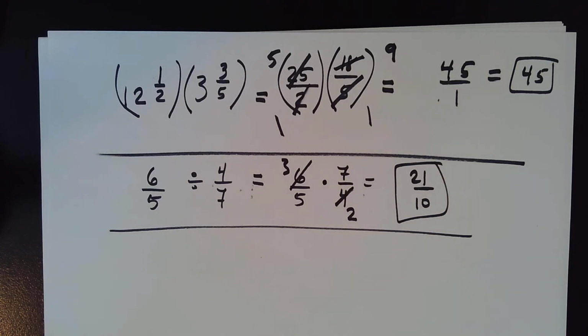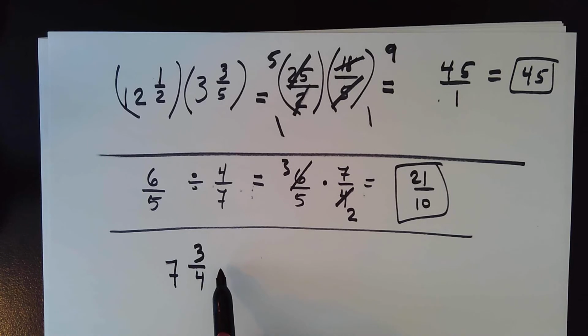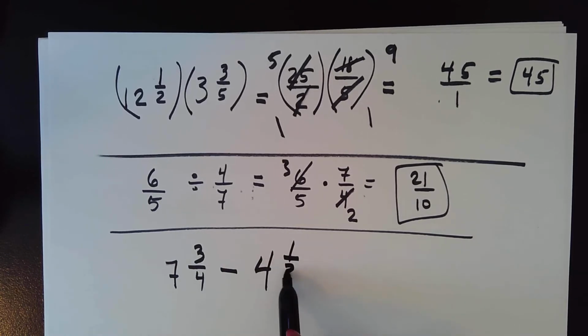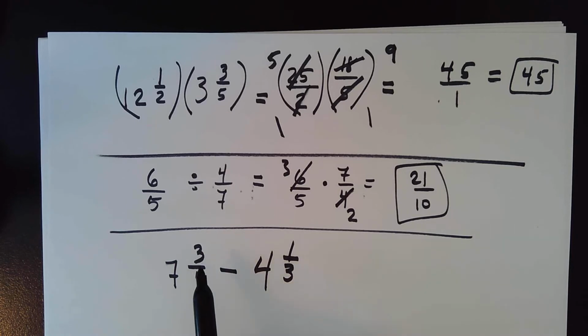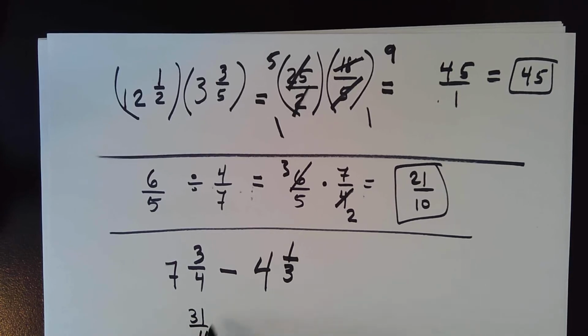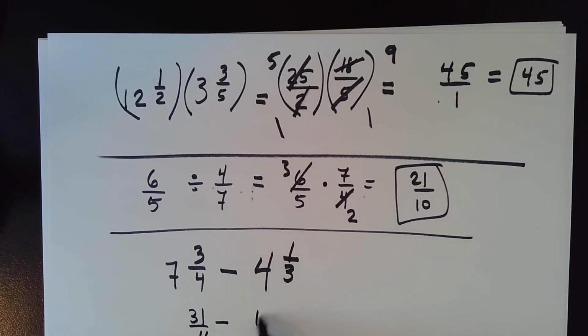So if you have a mixed number, remember, always turn it into an improper fraction first, and then you either add, or subtract, or multiply, or divide. For example, if you have a mixed number such as 7 and 3/4, and you need to subtract 4 and 1/3, another mixed number, don't try to just first change this. This is going to give us 7 times 4 is 28, plus 3, 31, right? So it's going to be 31 over 4 minus 4 times 3 equals 12 plus 1 equals 13 over 3,